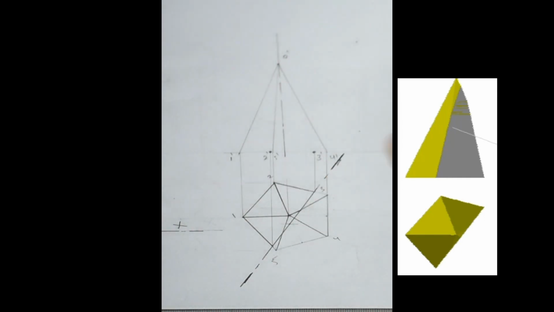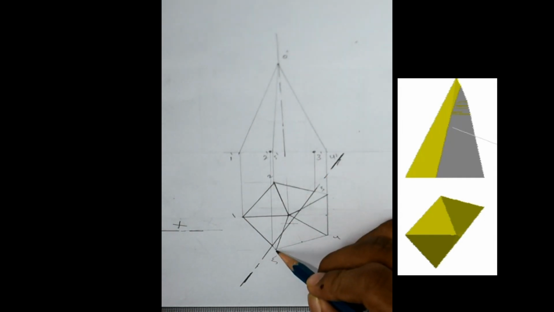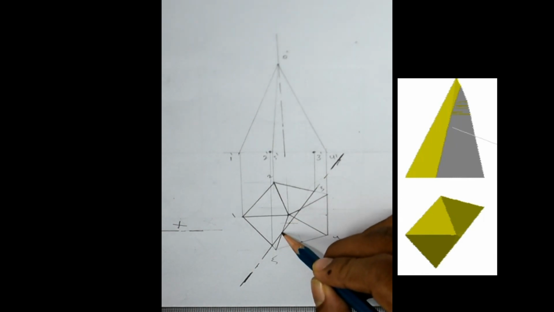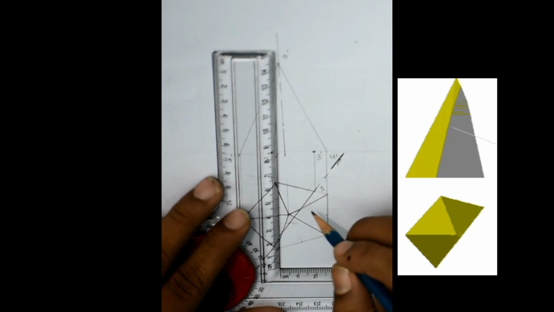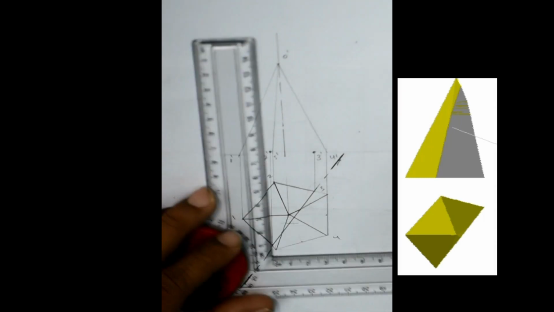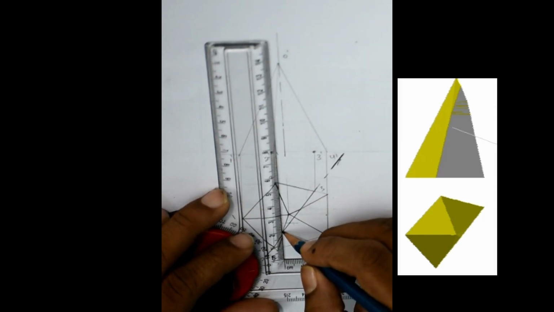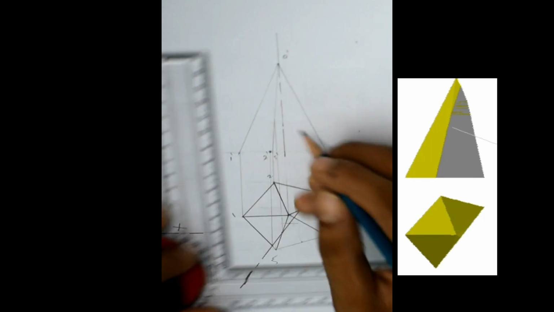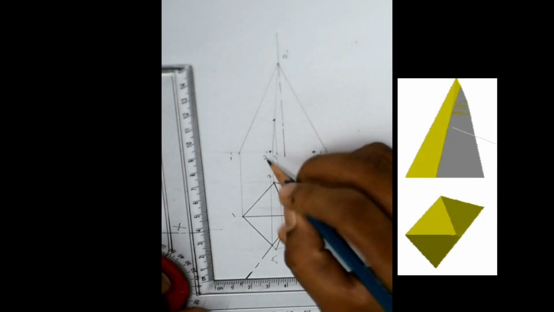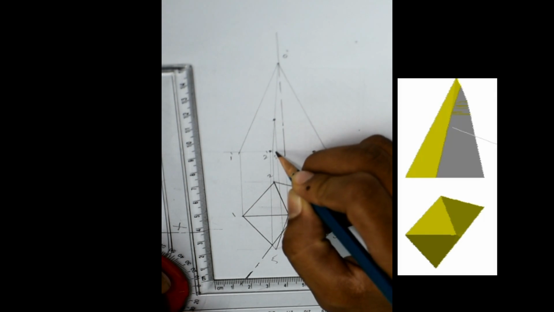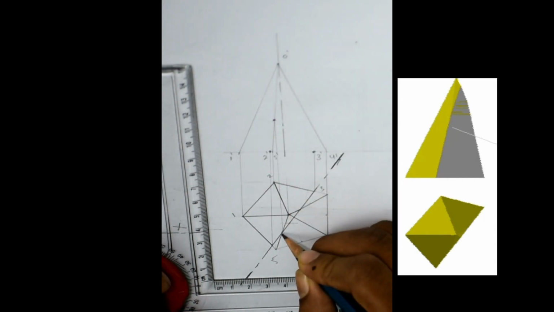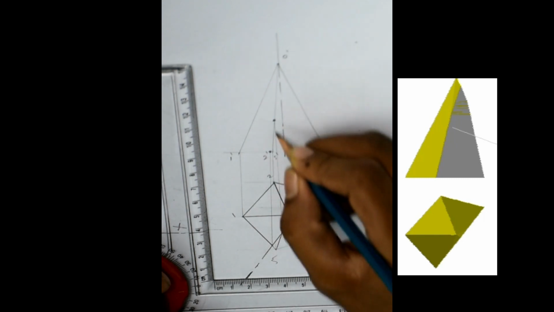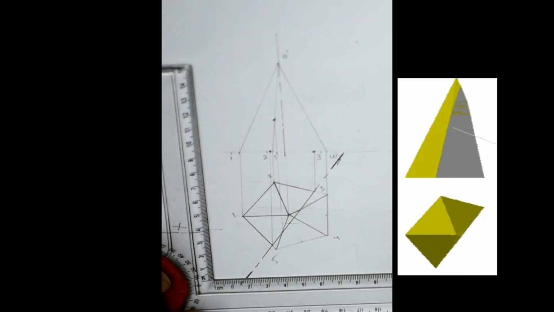And for the height and everything, like this is the fifth corner line, the section plane is cutting the fifth line here, so you will get a common point here.